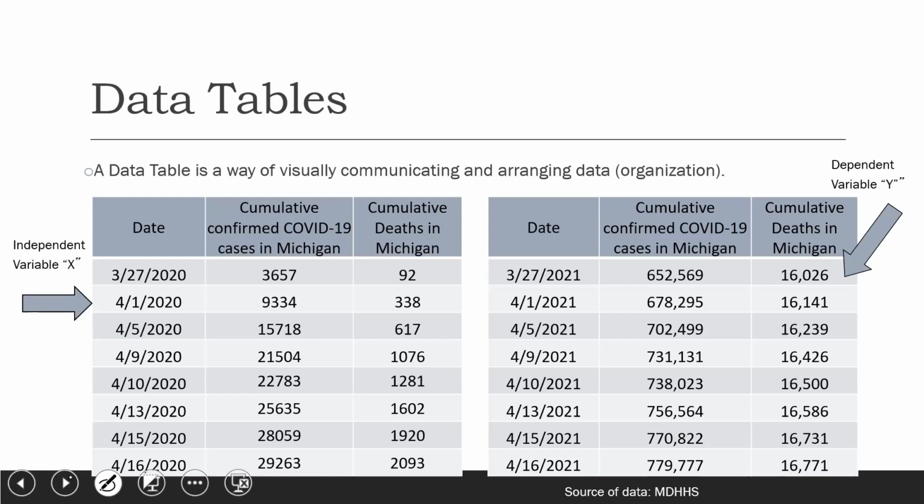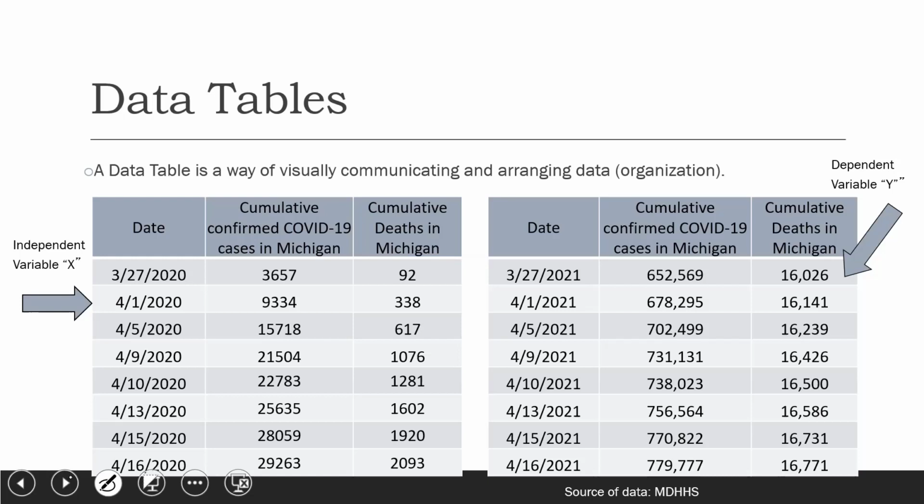But so we have a data table. So the independent variable in this case, X, is date. Okay. And the number of cases, and these are cumulative data, are compared with data reported on a particular date. And what I did this year was go back and add the data for 2021. So we can compare, we can look at this and we can go,